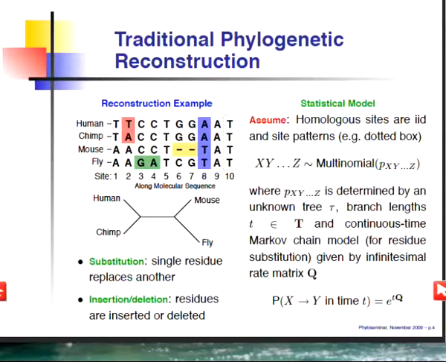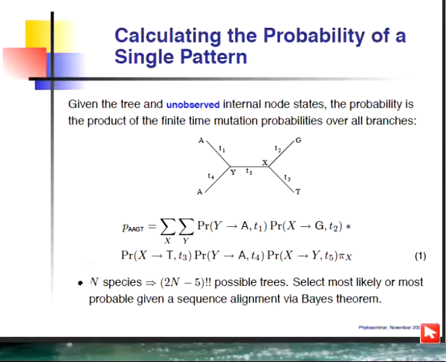And the continuous time Markov chain we can parameterize in terms of a rate matrix, and what we're really going to need for each of these branches are these finite time transition probabilities, or the probability that, say, nucleotide X here at this point mutated to the observed T at this point in time T. And that's a simple integration of the process, and it's an entry in this matrix exponential. Given all those matrix exponentials, it's a relatively straightforward process to calculate the multinomial probability.